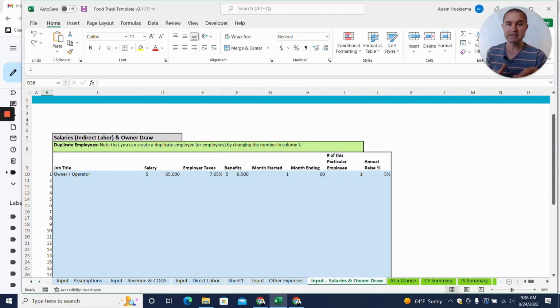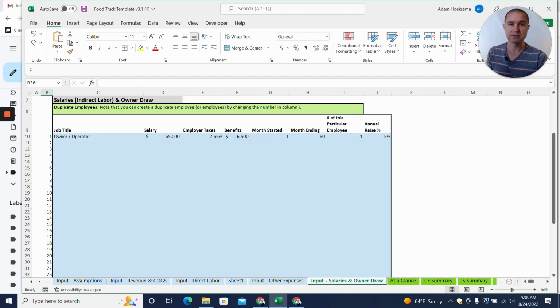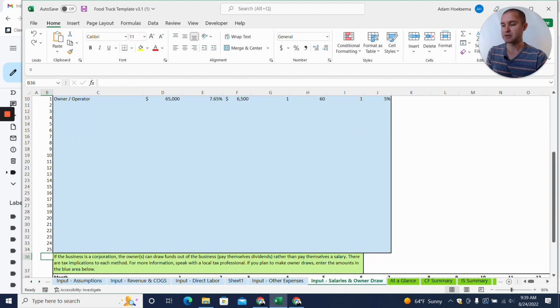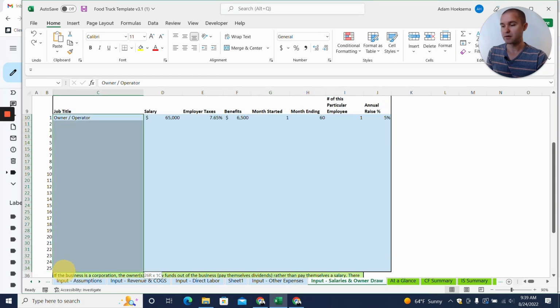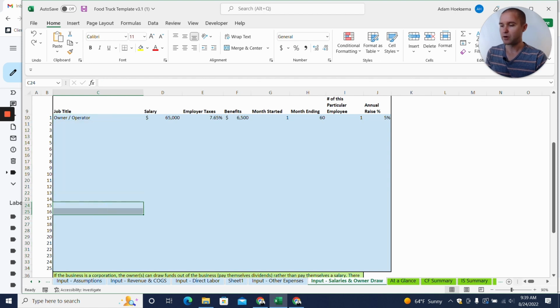All right, so in this example, I am on the Input, Salaries, and Owner Draw tab. Most of all of our templates will have a similar tab, a Salaries tab. It will have some number of salaried positions, and the different templates have different numbers here. But what you'll be able to do